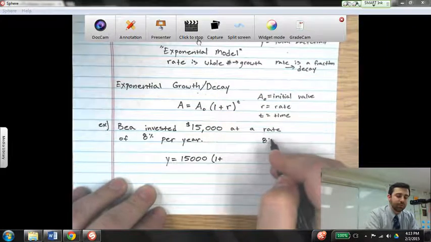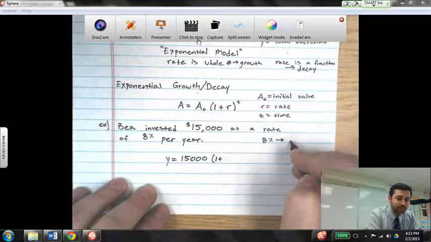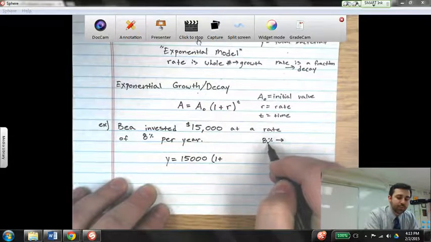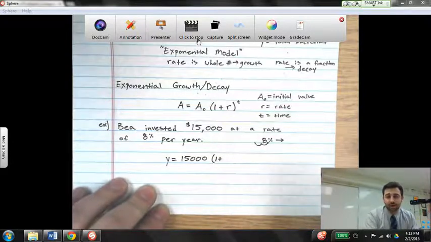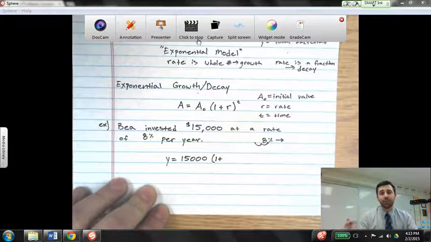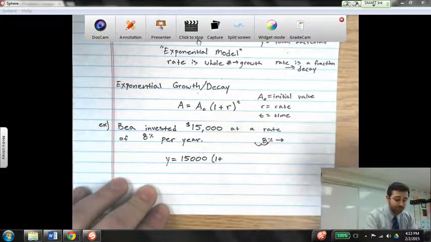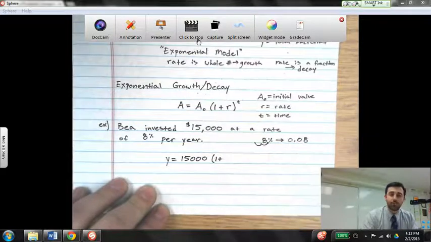Now, it's important to remember that when you express a percent, we convert it into a decimal, which we can do by moving the decimal in the percentage over twice, or dividing the percent by 100. Think of it, per cent. Cent being 100, per being division. And so we would make our new r 0.08